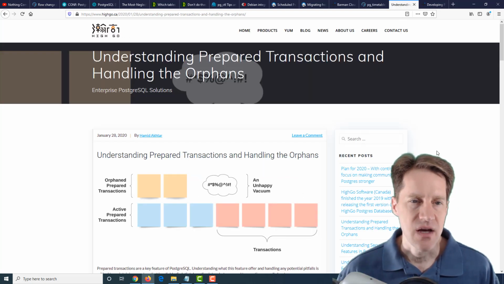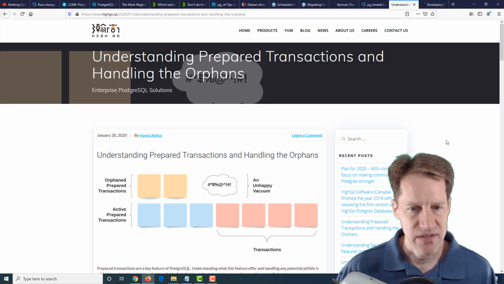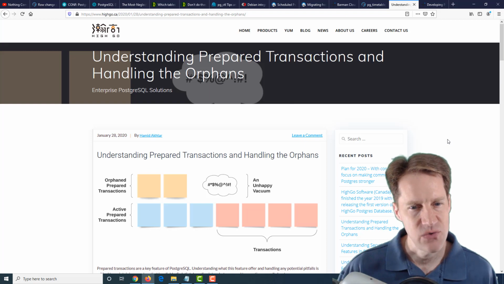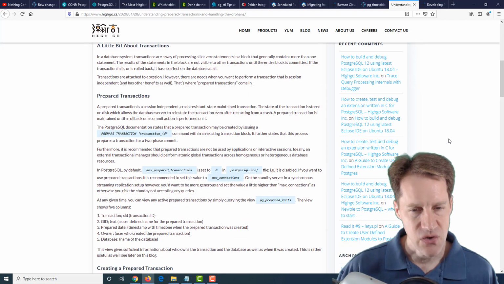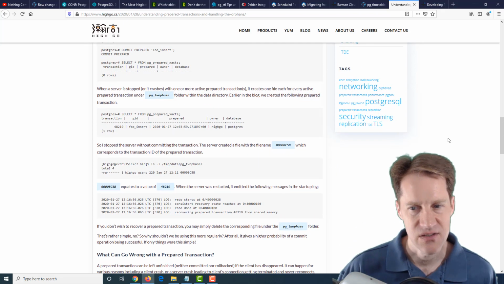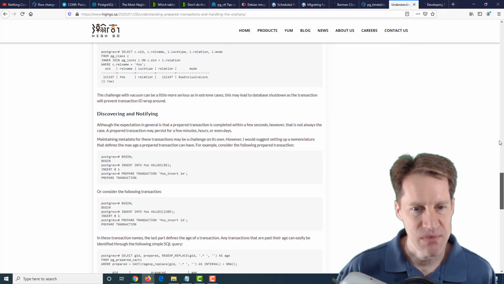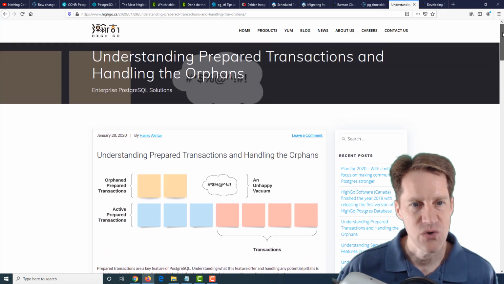The next post is Understanding Prepared Transactions and Handling the Orphans. And this is from hagander.net. Prepared transactions generally have to do with a two-phase commit process. So you normally don't use this in normal application development, so I haven't really consulted this. But if you are considering distributed transaction management in things like two-phase commits, maybe you want to check out this